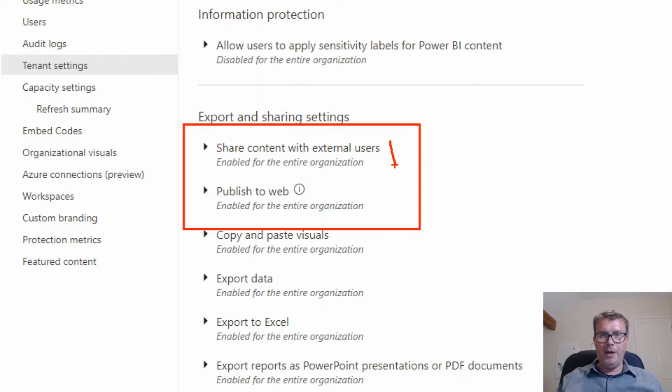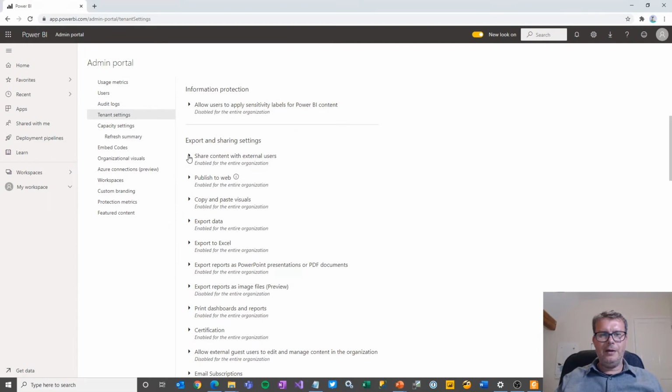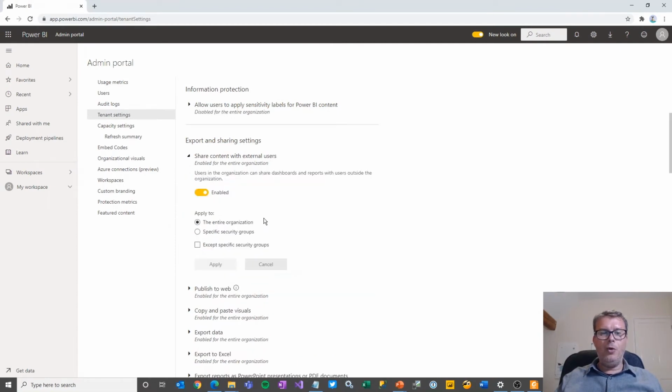But at the same time, you might decide that there's no legitimate reason for people to be able to do this. And of course, allowing people to share content outside the organization also means that somebody could say, oh, I'm going to get a new job with your competitor. Let's share some really sensitive reports with my future colleagues at my competitor, maybe the list of customer prospects or something, and bingo, this is a gigantic security problem. So have a look at this. You can either turn it on or off, or you can enable it only for specific security groups.